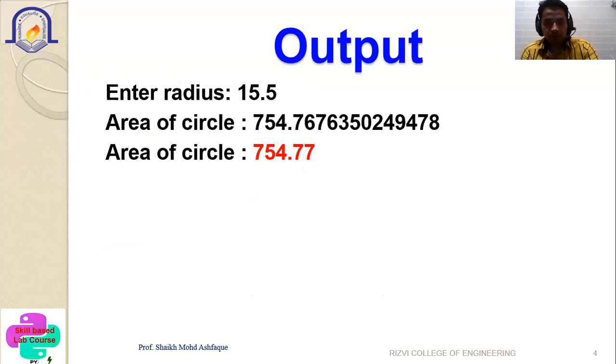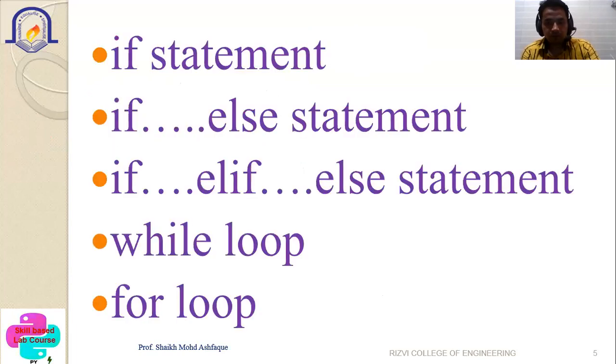Next is the if statement. There are many ways. The if statement remains the same as Java. The if else statement remains the same as Java. But in the case of the ladder, where we used else if, there is no else if here. Here it is if condition and so on, if condition and so on, and at the last the else statement. Then the while loop and for loop. There is no switch case statement and there is no do while. Either we can use the while loop or the for loop.